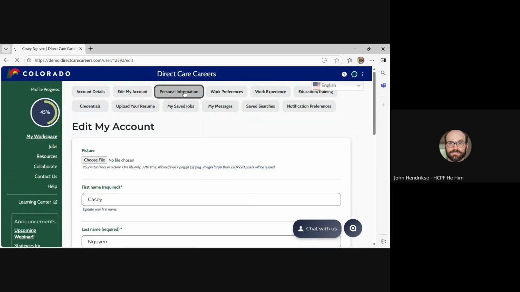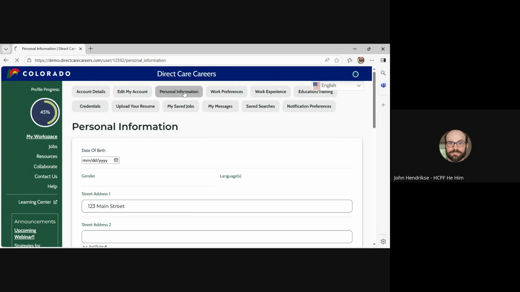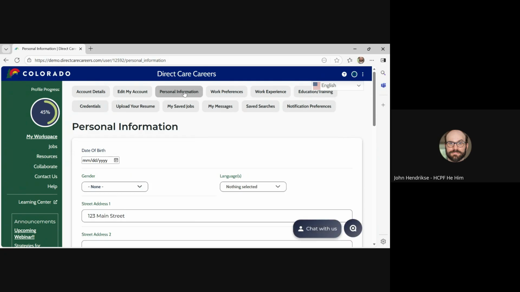Next, we'll have the personal information. It's very important to fill this out as much as possible. We kind of alluded to this with talking about zip codes and making sure that you're locating jobs in your area. This will go even further to helping you find jobs in your area that are relevant to your work history. So what we do is we match on an algorithm,